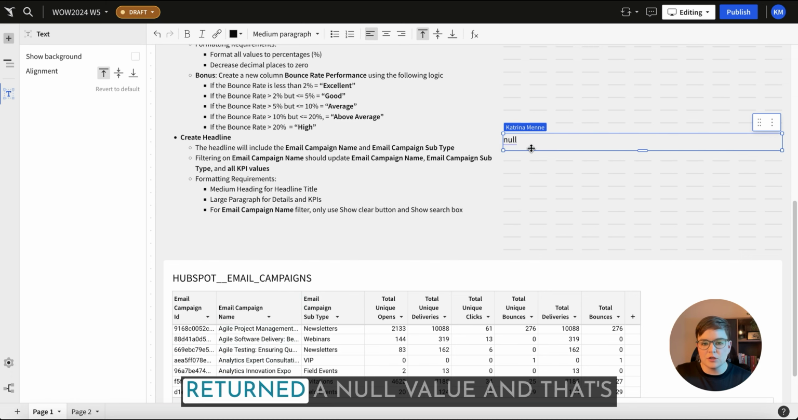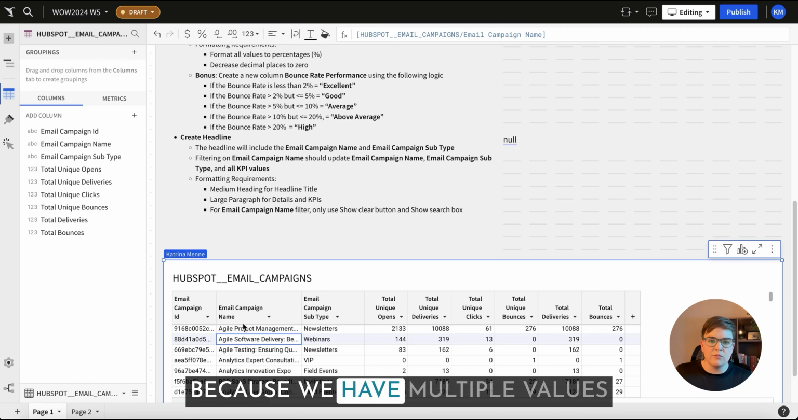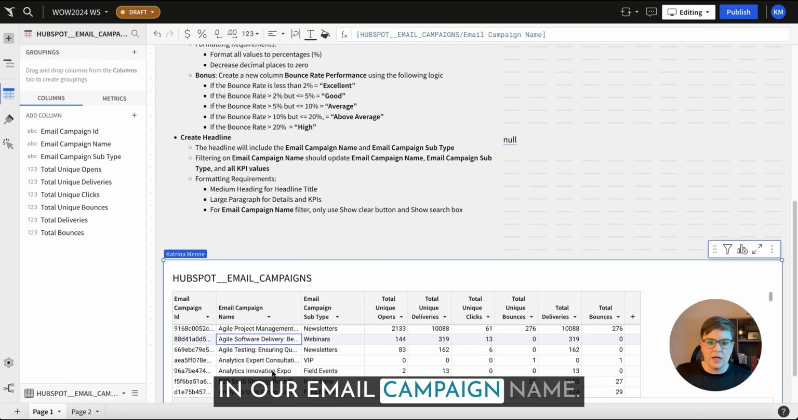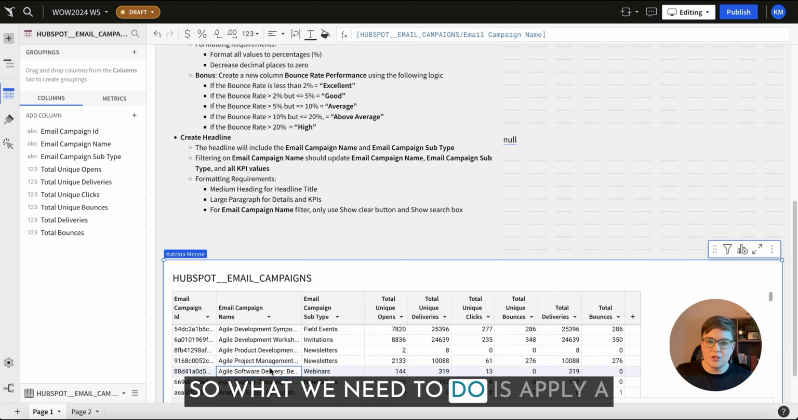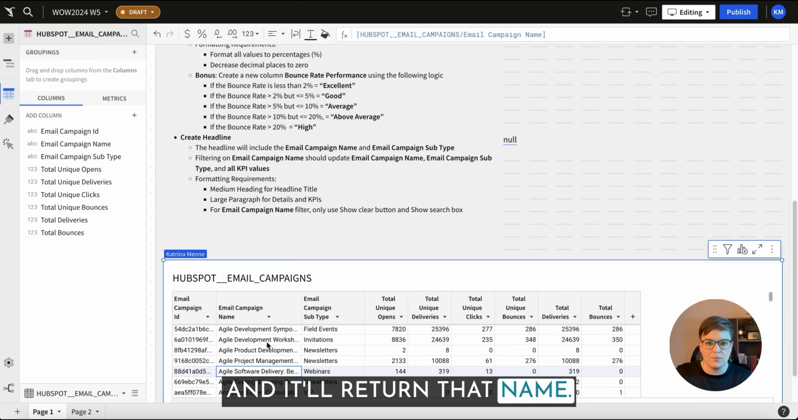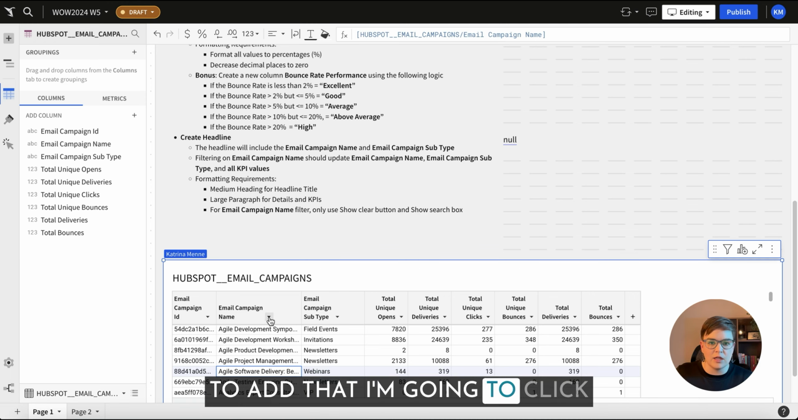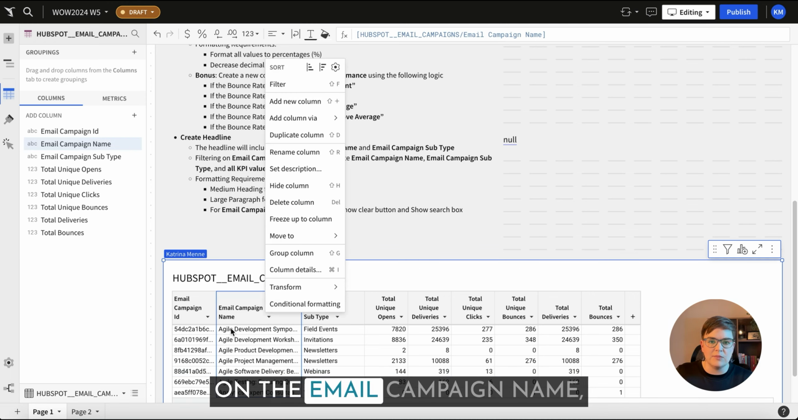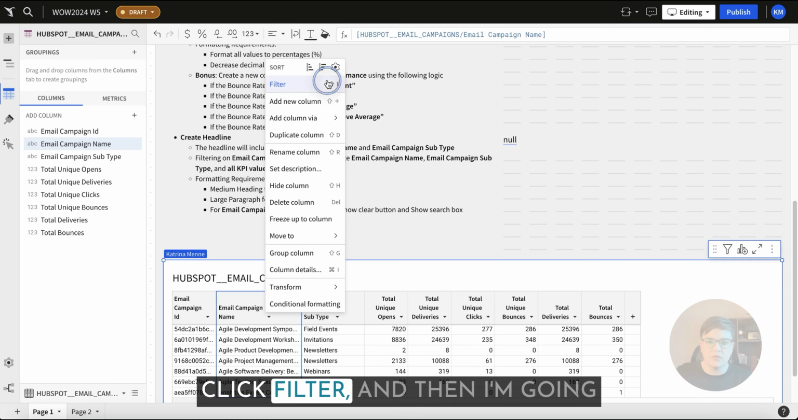And now Sigma returned a null value. That's because we have multiple values in our email campaign name. So what we need to do is apply a filter so that an individual can select a specific email campaign and it'll return that name. To add that, I'm going to click the downward facing arrow on the email campaign name, click Filter,